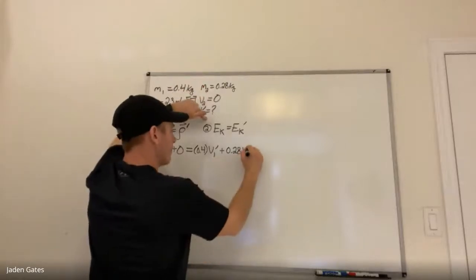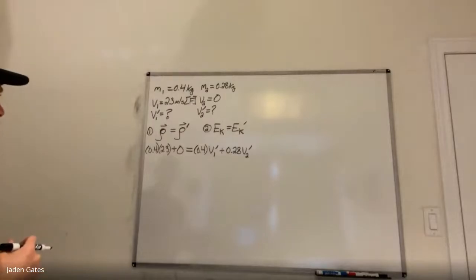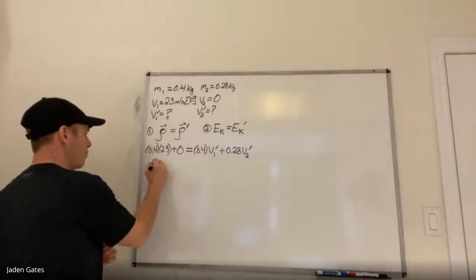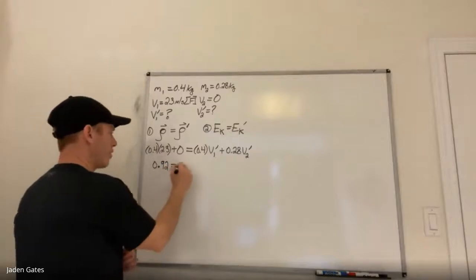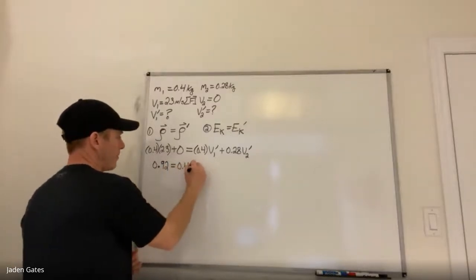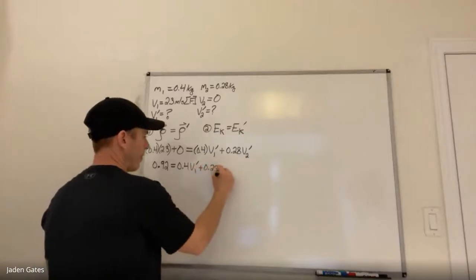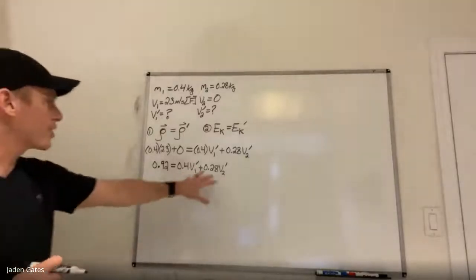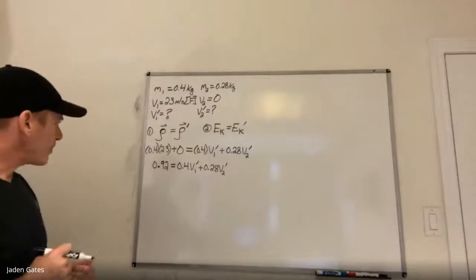V2 prime, we don't know that. All right, so I can simplify this equation. I take 0.4 times 2.3. What do I get here? 0.92 is equal to 0.4 V1 prime. That's not going to change much. Plus 0.28 V2 prime. Now, because I'm going to simplify this equation a little bit, I'm going to get V1